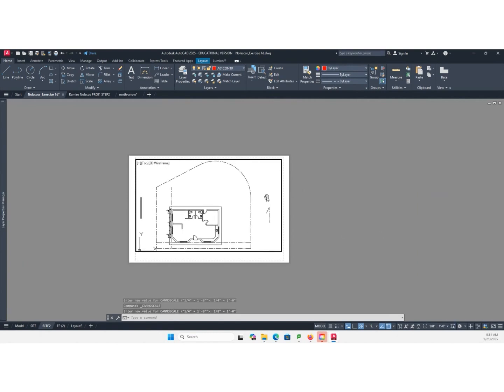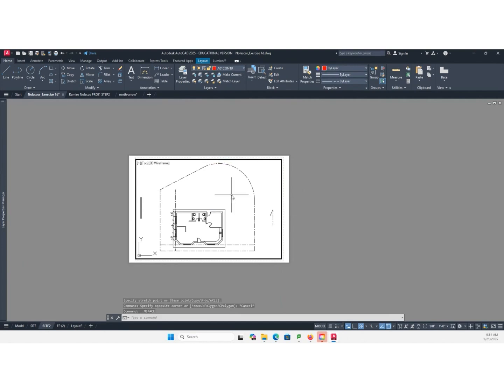And I think that might do. I might need to extend this further. So I'll use scale 1/8 is to 1.